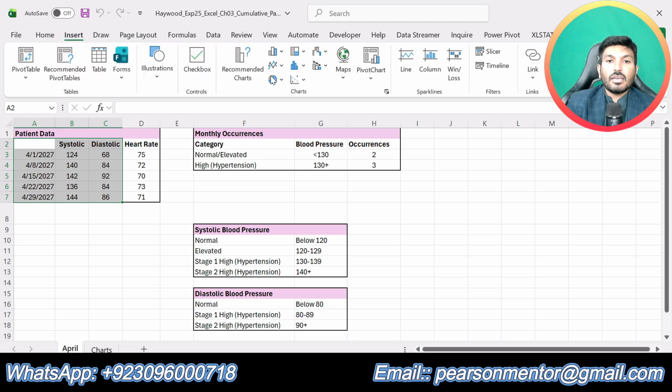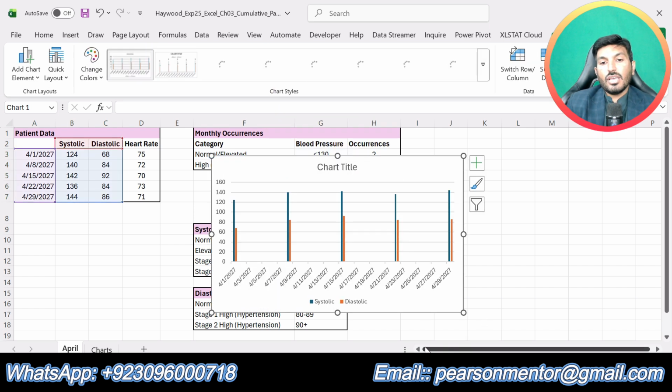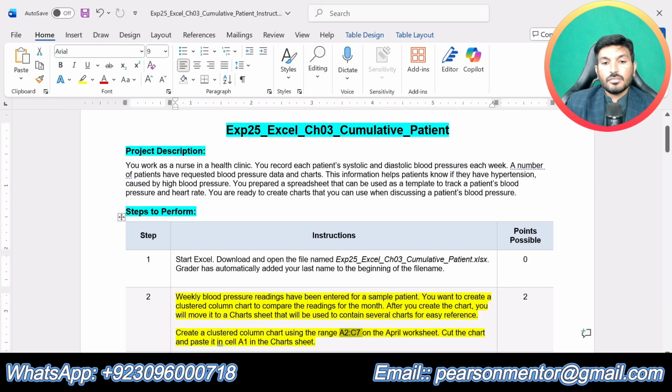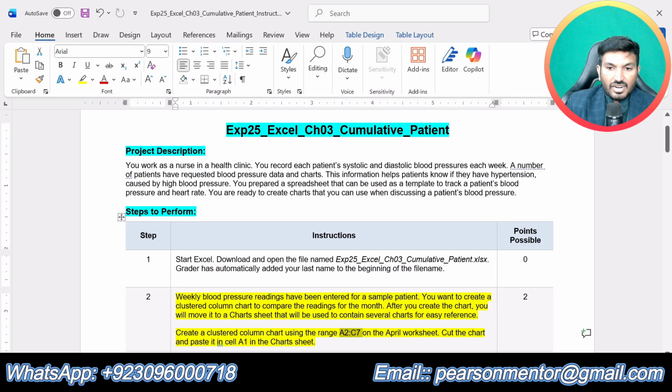Go to the Insert tab, and from here we are supposed to insert a clustered column chart, this one. So we have inserted a clustered column chart. Now we are supposed to cut that chart and paste it in cell A1 in the chart sheet.